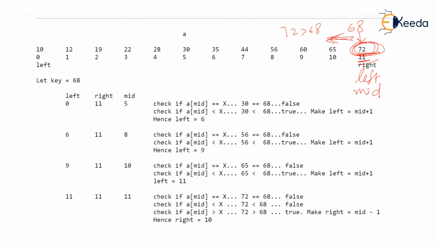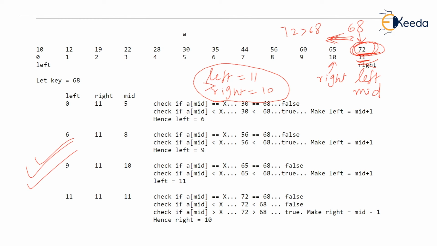Isn't it so? I hope you are following this. Now left is 11. Observe, left in the diagram is 11 and right is 10. How can you now search a value where left has crossed the right? That means we have exhausted the search. Now the search must terminate saying that left has become greater than right and we are sure that the value is absent. I hope you have understood and you will go through this explanation written in black for how the value is absent. Now I have got something to show you before I end this discussion.